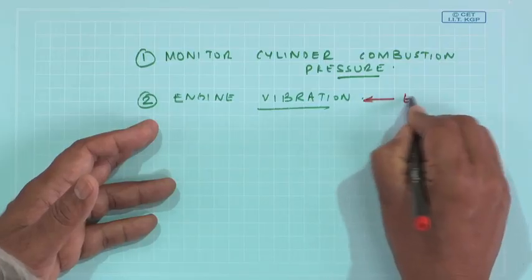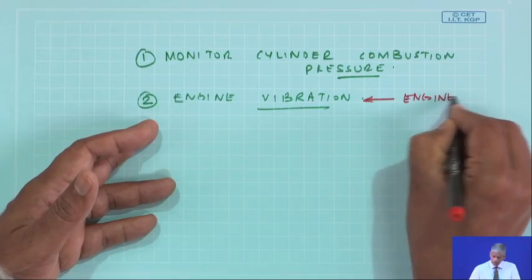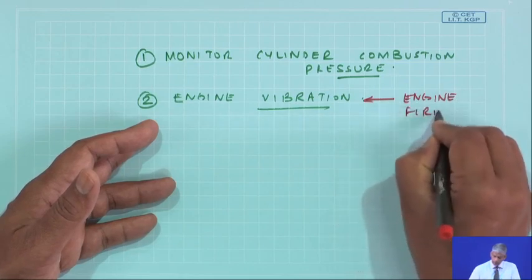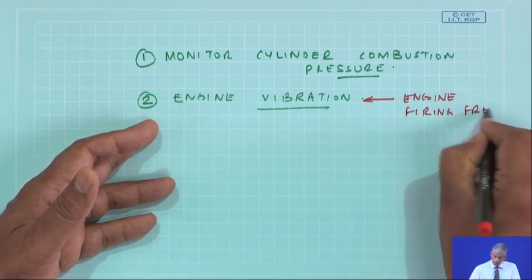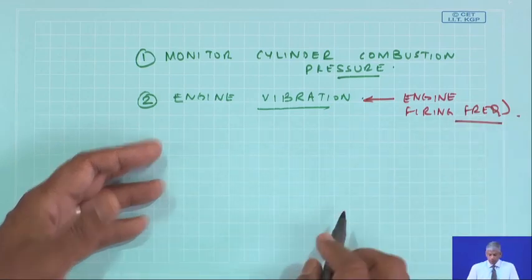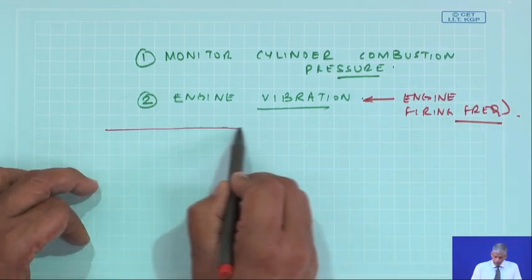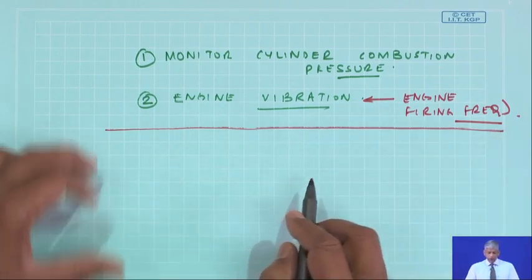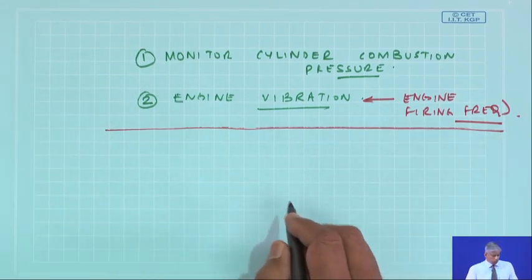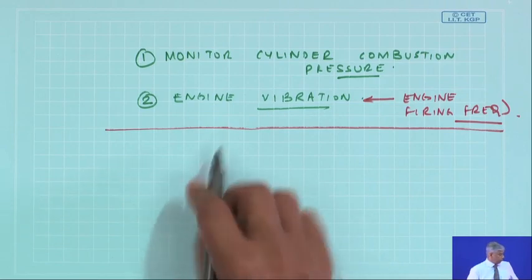But if you do frequency domain analysis of the vibration signal, you can also detect the engine firing frequencies. So, this could be detected, but before I get into how to detect it, what are the possible faults which can occur in an